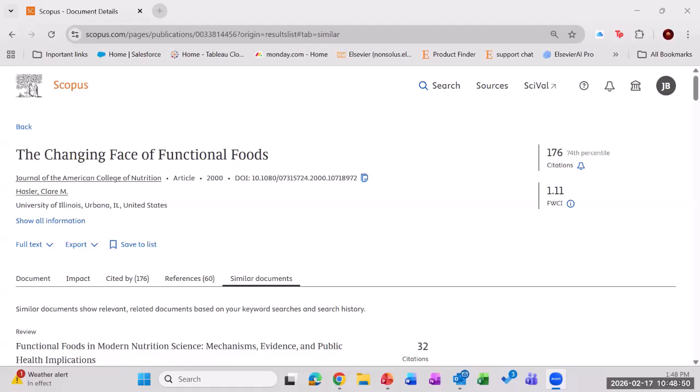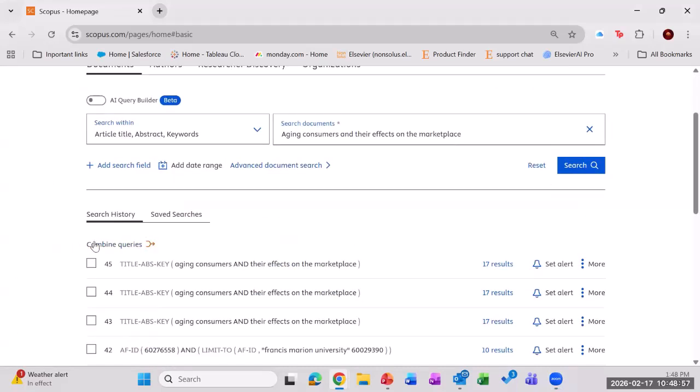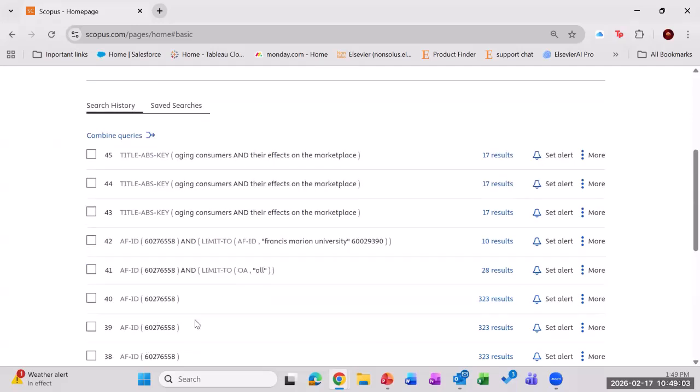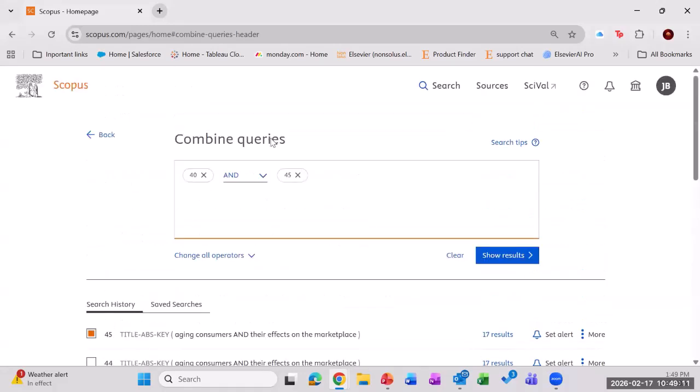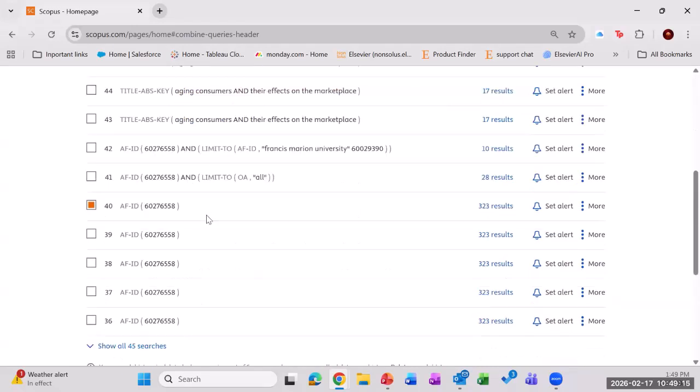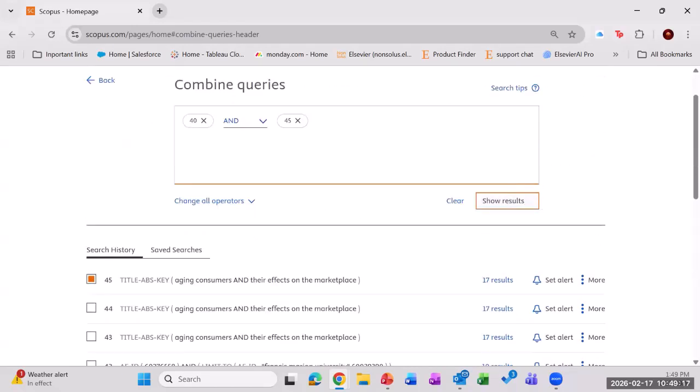So thank you. Absolutely. And now that you mentioned that, another thing that you can do is combine queries. Once you have those searches, for example, if I wanted to combine this query and this query, then I could do this, and it would combine these two queries that I have in my search history, and then it would show results for